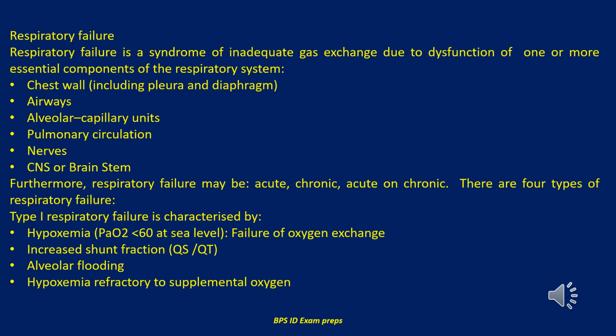Respiratory failure is a syndrome of inadequate gas exchange due to dysfunction of one or more essential components of the respiratory system, namely, 1. Chest wall including pleura and diaphragm. 2. Airways. 3. Alveolar capillary units. 4. Pulmonary circulation. 5. Nerves. And 6. CNS or brain stem. Furthermore, respiratory failure may be acute, chronic, acute on chronic. There are four types of respiratory failure, namely,